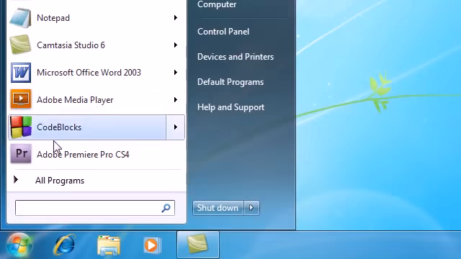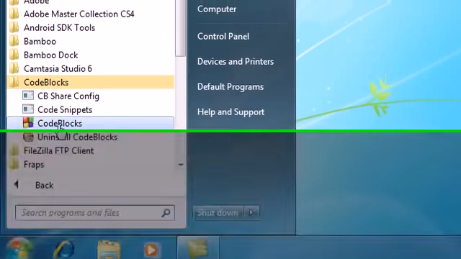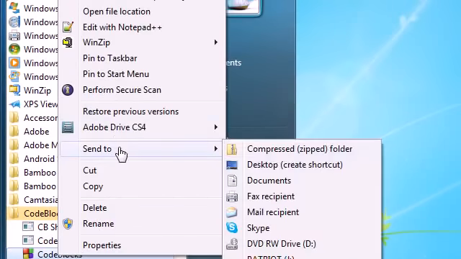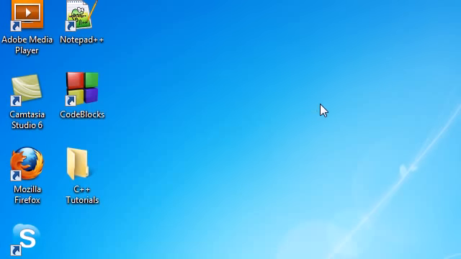Now you probably have it in your all programs. You might have it under CodeBlocks. What I like to do is right click it and send it to desktop, and what that's going to do is give you a nice little icon on your desktop. But anyways,